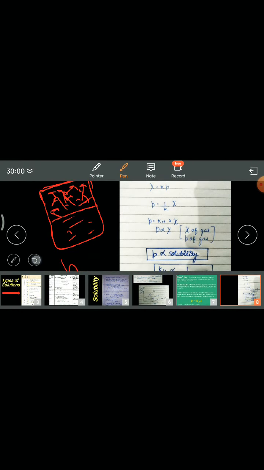Particles of gas are randomly moving particles, right? They move randomly and they will be hitting onto the walls of this container, and the pressure exerted by them is directly proportional to the number of particles, because